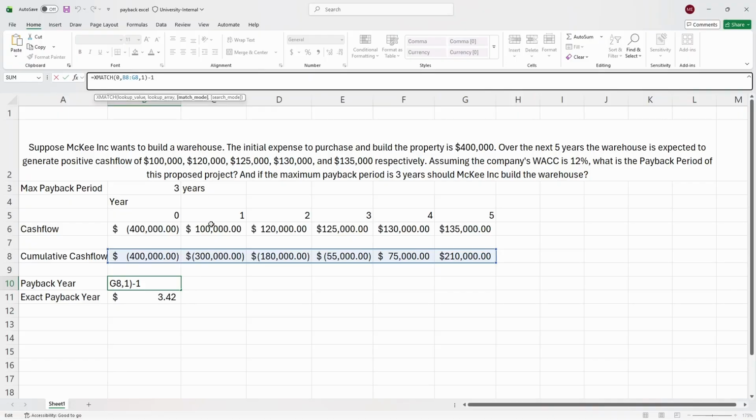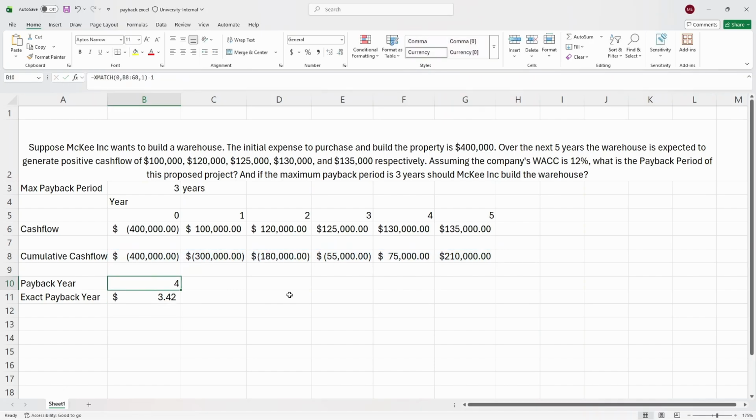So it's going to be 1, 2, 3, 4, 5. The 5th column is when this happens, but we want year 4 because we start at year 0. So I subtract 1 to make the accounting there correct. And we get year 4. Now, if we are really lucky, year 4 is exactly 0. And then we're done. But for most payback period questions, it happens sometime between year 3 and year 4, which